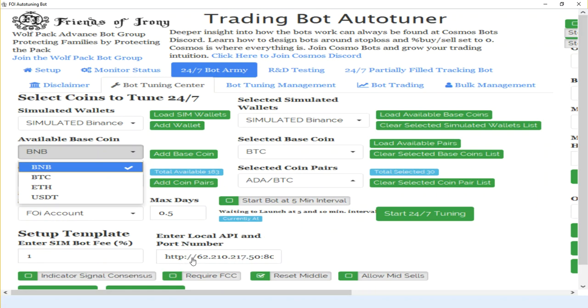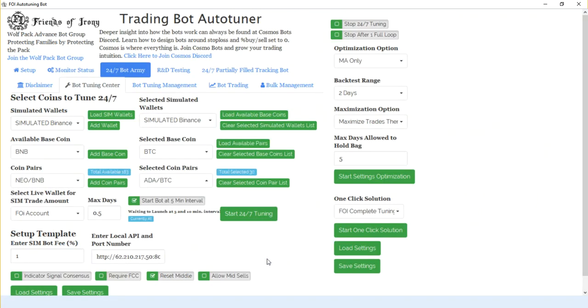Okay, so make sure the port number is different from your actual trade server port number. So normally it's like 8090, I put 8060, you can use the same. And then this is to set up the template. Okay, so as you're setting this template up over here,